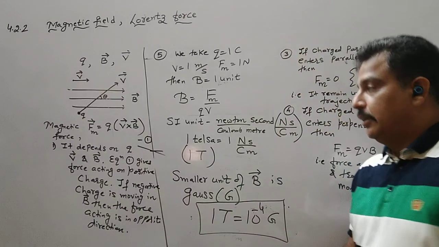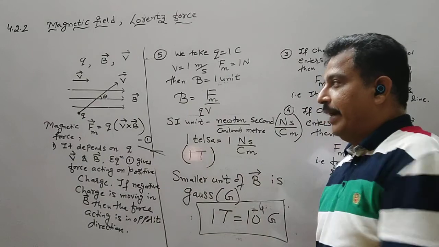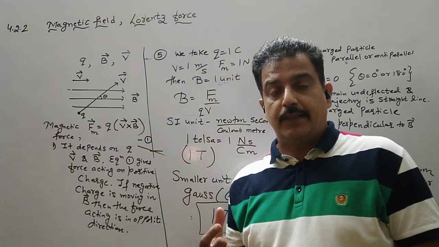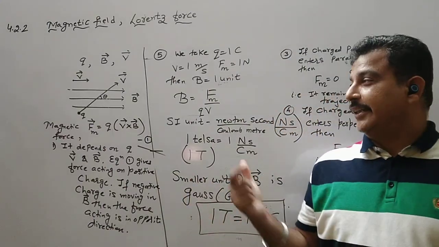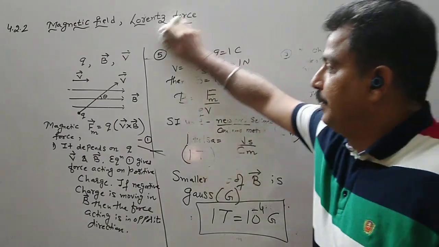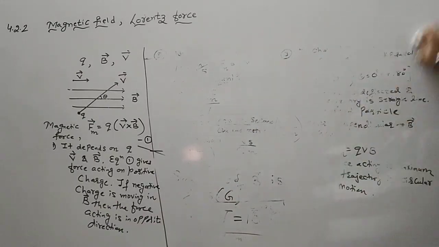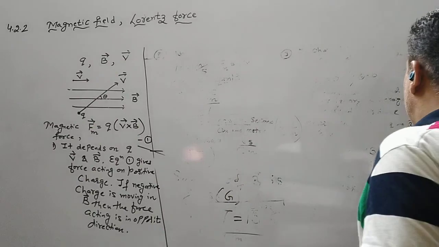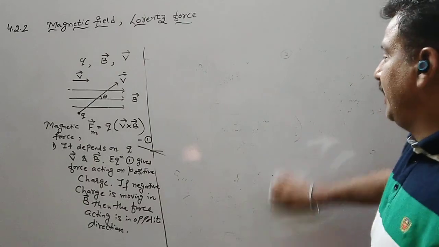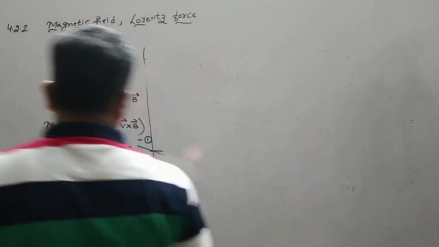So this is the magnetic force when a charged particle enters into a magnetic field. Now the relation is a cross product. It means we have to find out the direction of the magnetic force acting on the charged particle. So the direction of the magnetic force is found from the right hand screw rule, or you can also apply a right hand thumb rule. So let us see how the direction is determined.